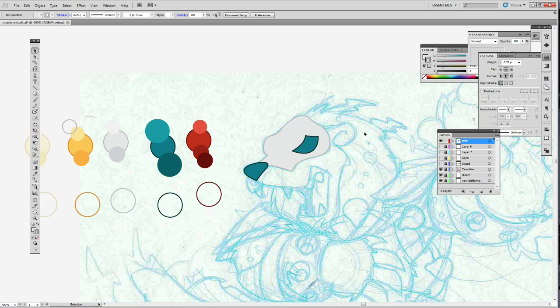But there's also a thing you can do, and let me see if I can remember the shortcut for this one. So let's just draw a little red shape. Okay, so now this little red shape right here is in front of this. Now I want it to go behind the eyeball here, and what I can do is, if I can remember, let's see, is it Control